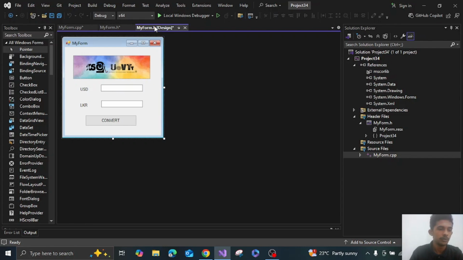Plus I need to take the value from the text box. This value is in the form of text, also called a string. But in order to do mathematical calculations, I need to convert this string into a number. For that, I use the command